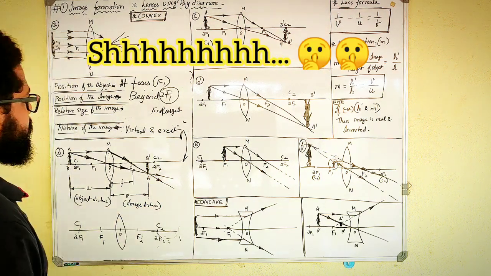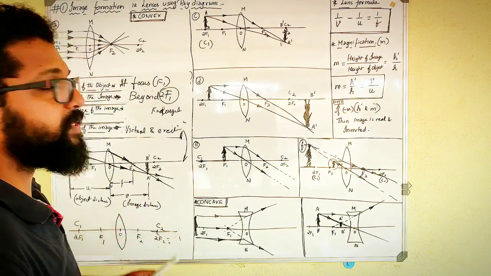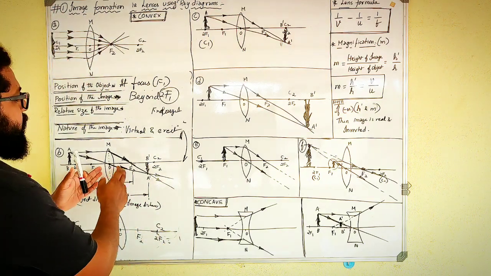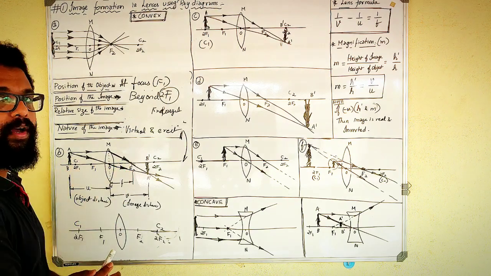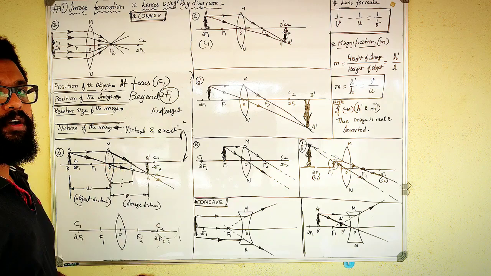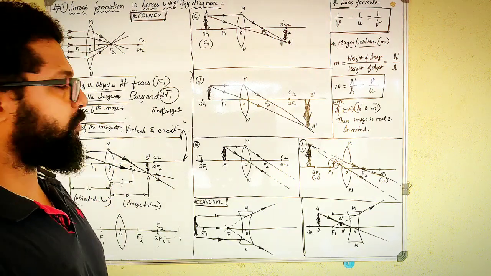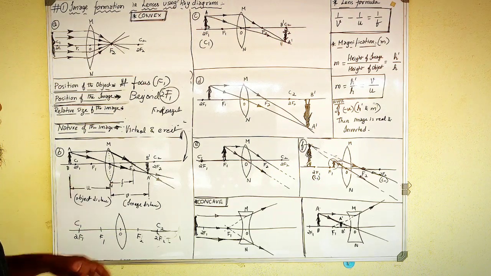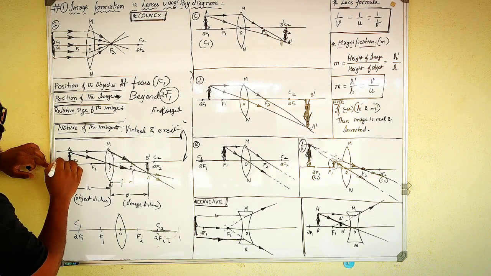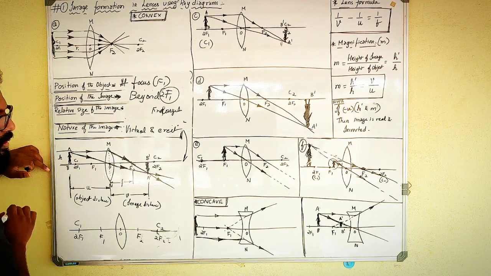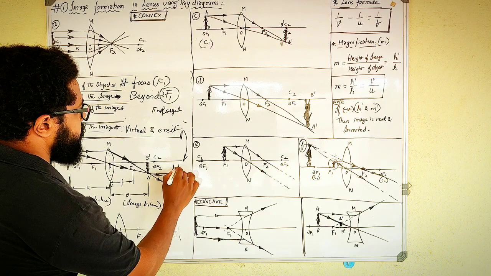Sorry. So towards the right side, the image distance, I'll name it as V. Then from O to F, this is nothing but my focal length, from the optic center to the focus point. The distance is nothing but focal length. Okay, so understand these notes clearly. Here is the height of the object, I'll call it as H, and the height of the image, I'll call it as H1.